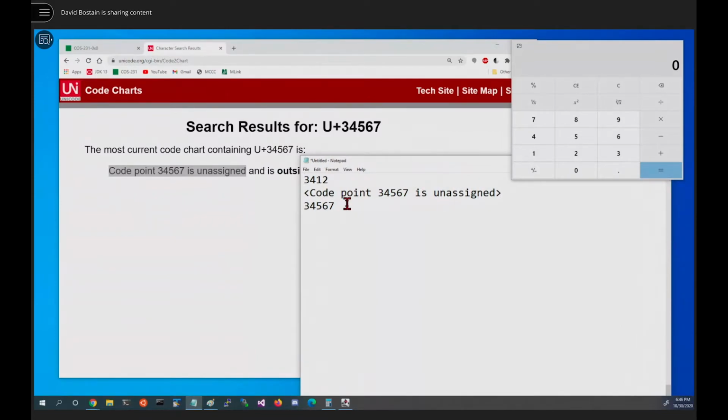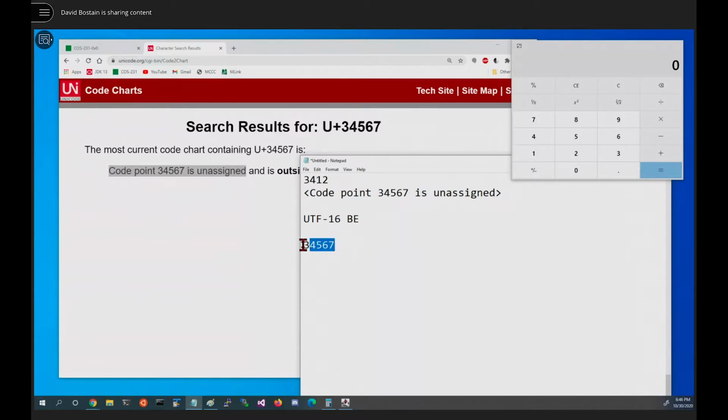But let's pretend like we want to encode it anyway, because we might. What's the first step to encoding a character? I've got to tell you where we're putting it, right? We're going to put it in UTF-16 big endian. We're going to encode it. So what's the first thing we have to do? Do we have to convert it to binary? Well, we'll do that along the way, but there's one really naive step we have to do. We have to recognize that it's bigger than 16 bits.